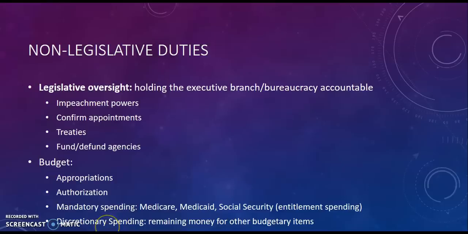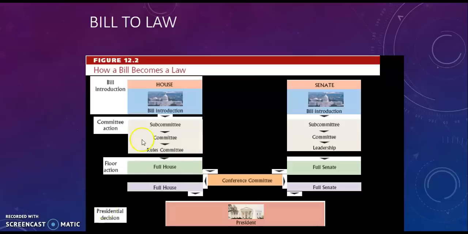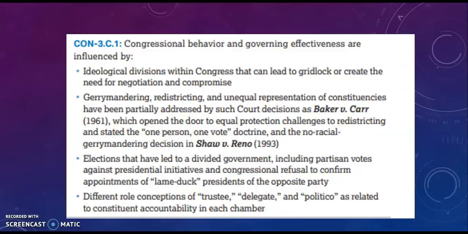But then a very small part of the budget is for discretionary spending, where the remaining money can be put for other budgetary items. But the bulk of the spending is going to be under mandatory spending. Now, note how a bill becomes law. Since it's going to be FRQ based, you're probably not going to need to know too much in terms of this, but perhaps on a concept application FRQ you might, but just note the general idea. You're never going to get asked for ultra specifics on that.